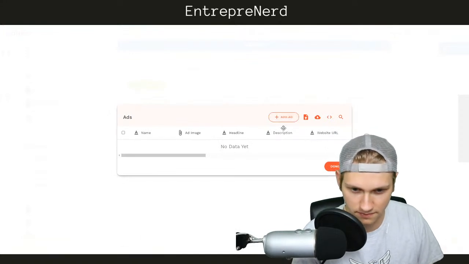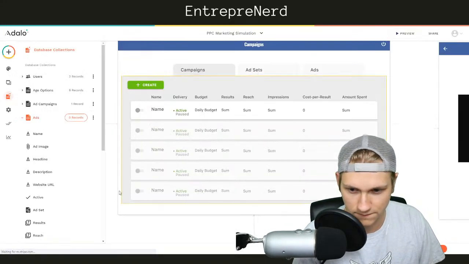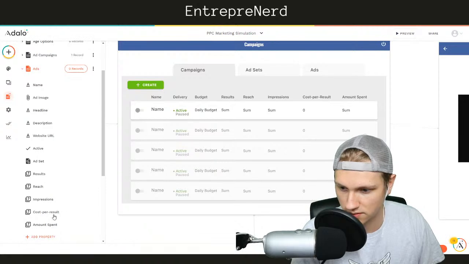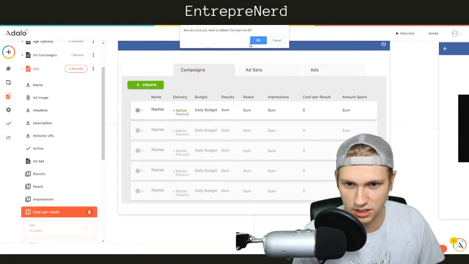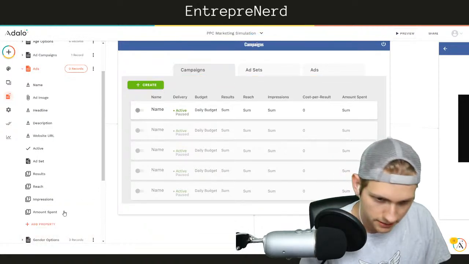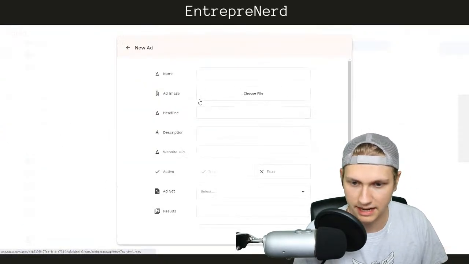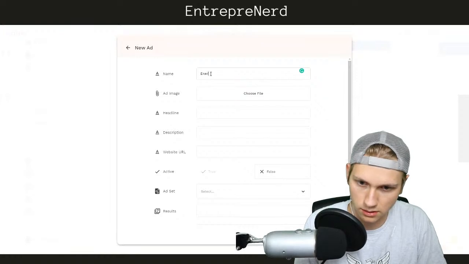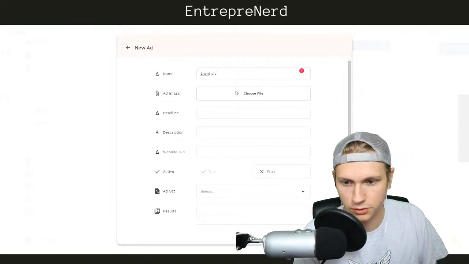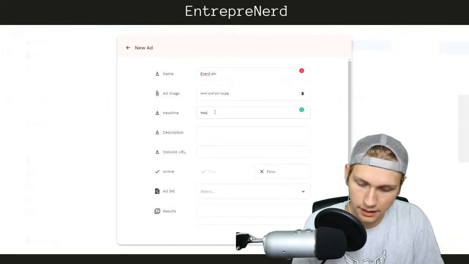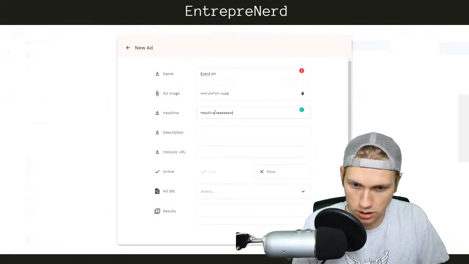Before I do that, I'm going to get rid of cost per result because it's just a data point, and amount spent is fine. Now we're gonna edit the record. Add eNerd pick. Choose file. Boom. Headline test.